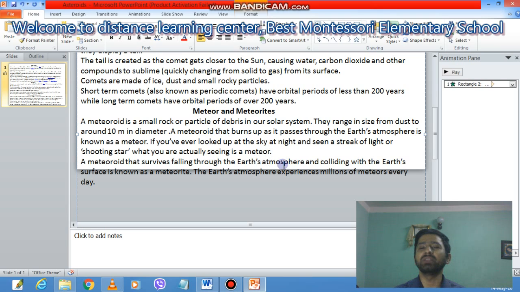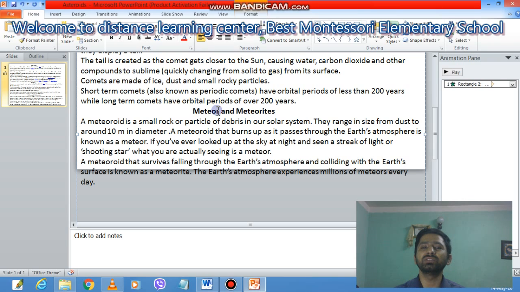Every day there are millions of meteors. Meteoroids are small rock particles that have a diameter of less than 10 meters. When a meteoroid comes into Earth's atmosphere it is called a meteor, and when it does not burn completely and reaches the Earth's surface it is called a meteorite.